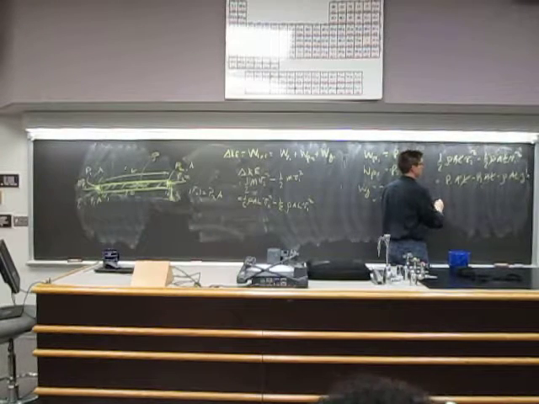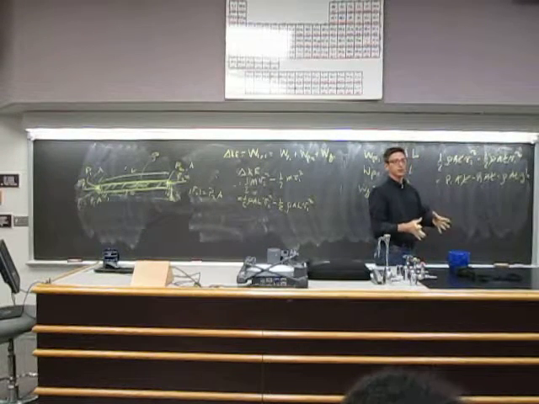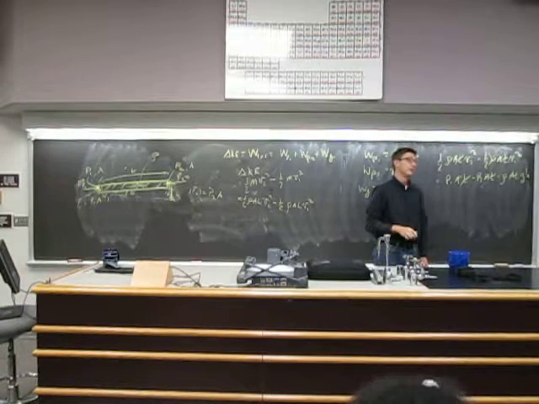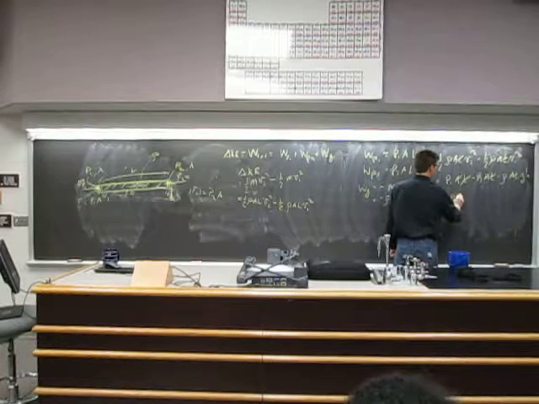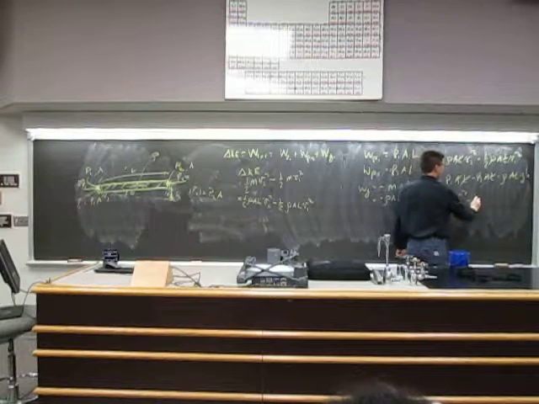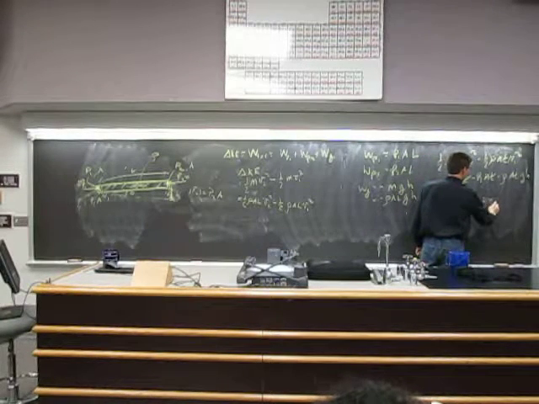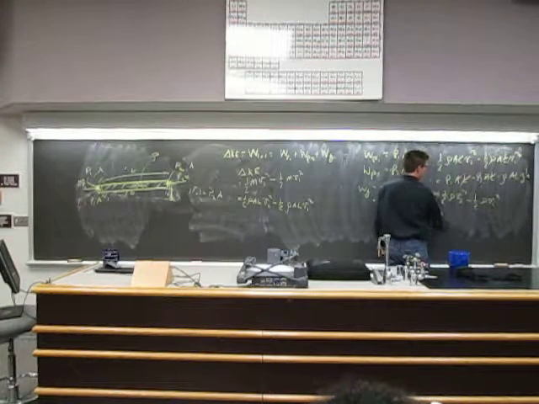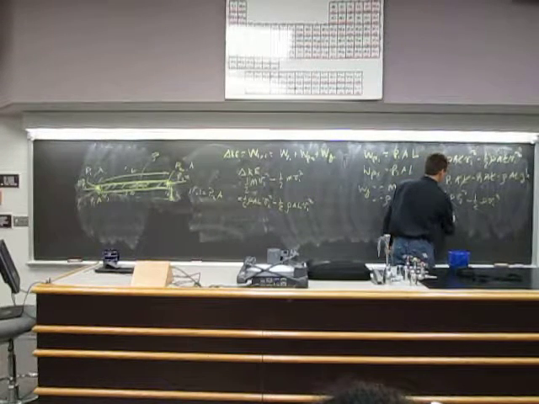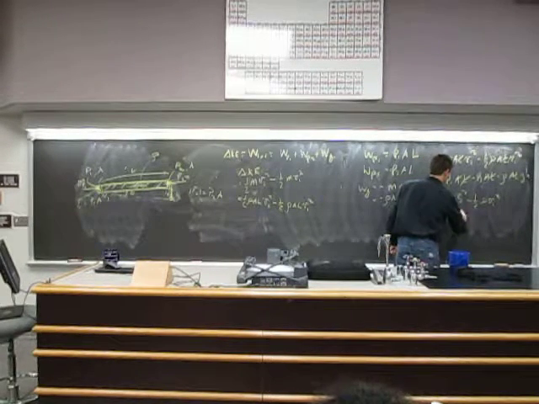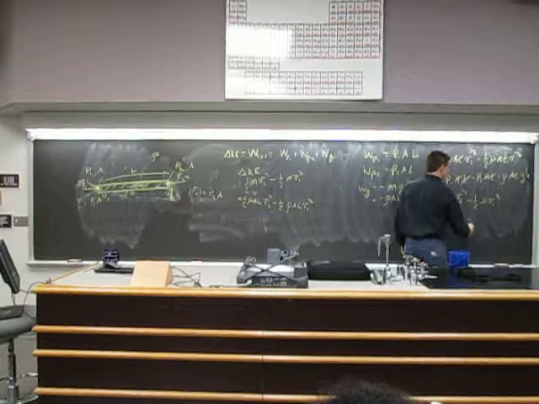What was L again? Length of the pipe, length of the column of fluid. Okay. So I get 1/2 rho v2 squared minus 1/2 rho v1 squared is equal to P1 minus P2 minus rho